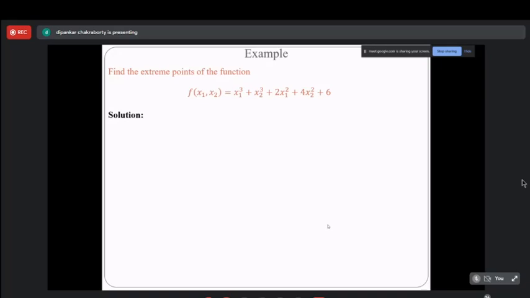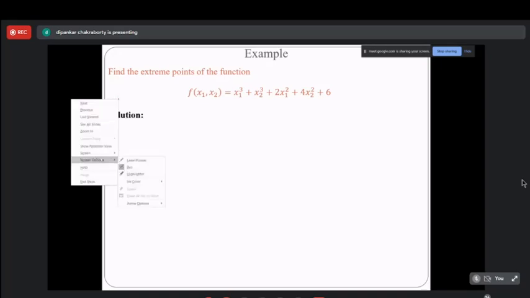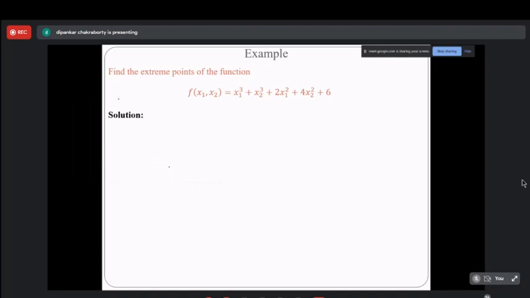So this is the function. I have considered first a simple example so that you can understand how we are going to deal with the Hessian matrix to find the optimum point, how by using the Hessian matrix we can find the optimum point for the function. So first of all, we are going to use the necessary condition to find out the extreme points. And to get that,